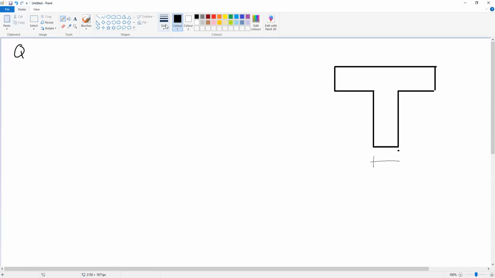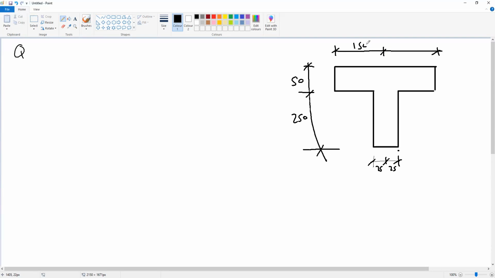this one is 50, 25, 25. The heights are 50 millimeters for the flange, 250 for the width, and the dimensions are 150 millimeters, 150 millimeters. Okay, and